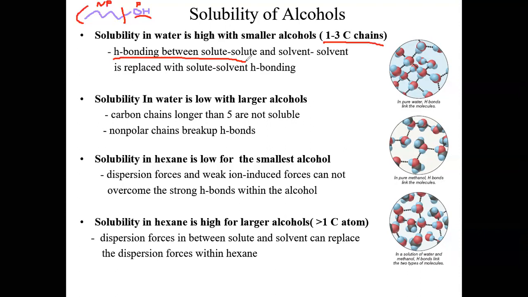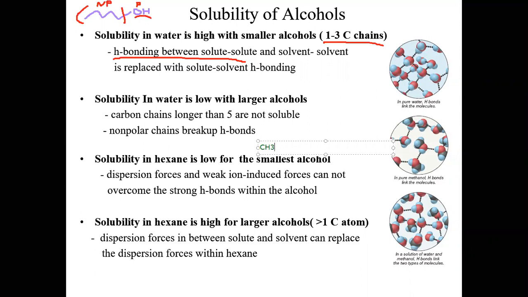Now when we flip to hexane, and the reason we use water and hexane is because water is a very common polar solvent, hexane is a very common non-polar solvent. So hexane has very low solubility for the smallest alcohol, which is methanol. And this is because the hydrogen bonding forces in methanol are a lot stronger than the